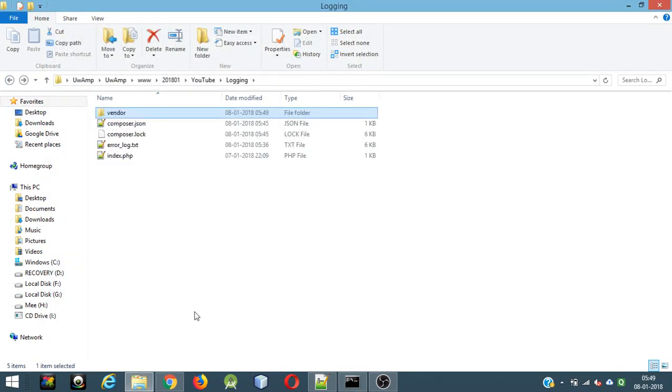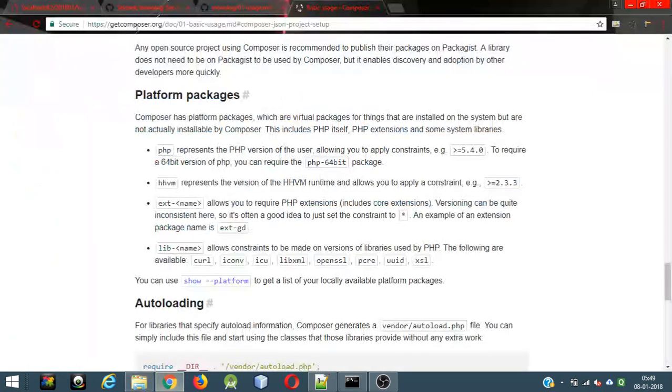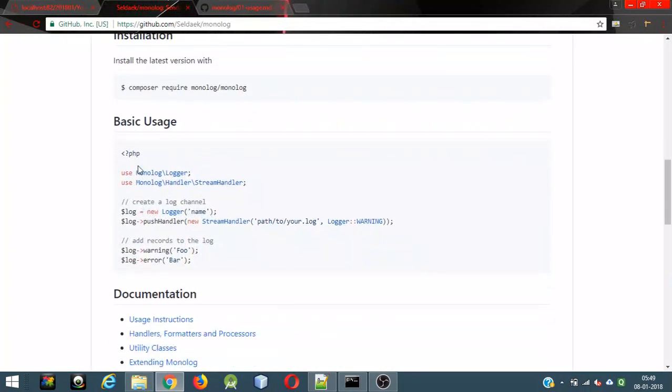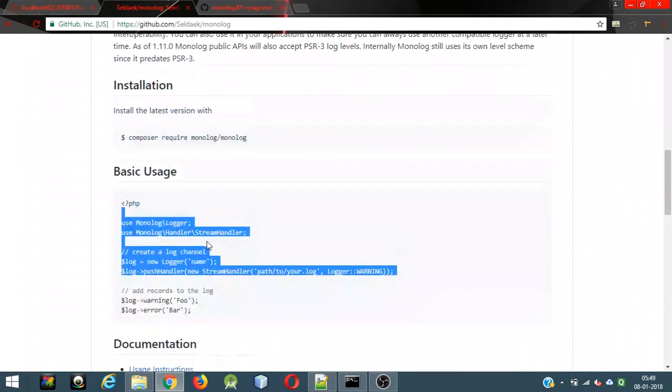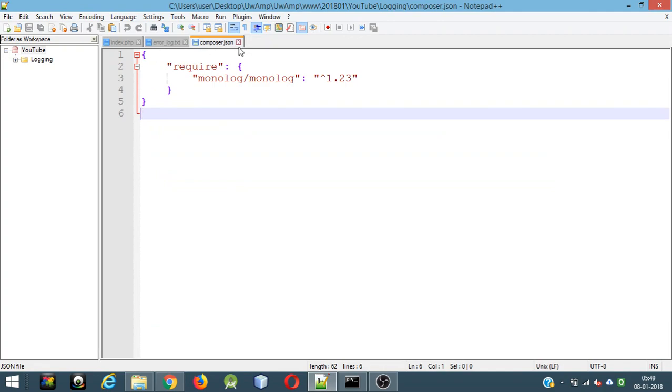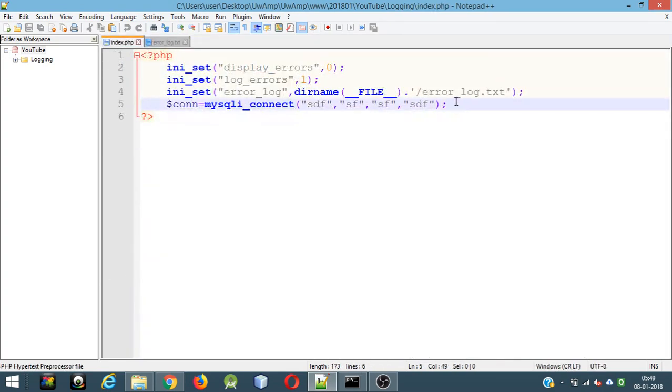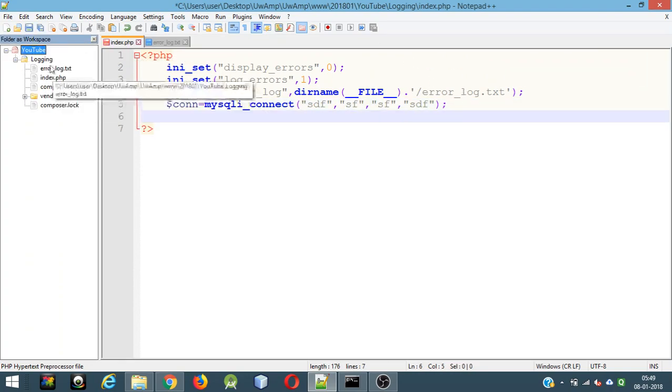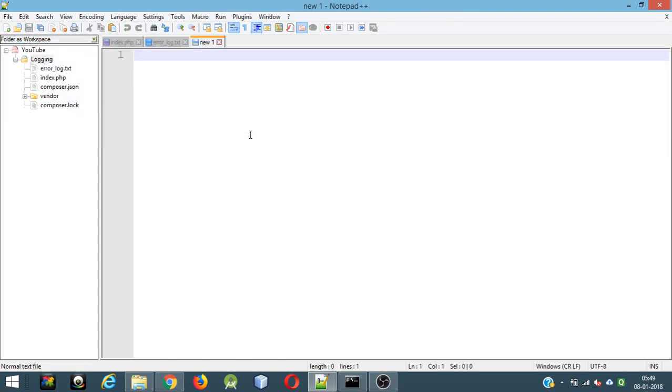Okay, so now let's get back. Let's go to the documentation of Monolog and see. The basic usage is PHP. We need to use this class, I think. Yeah, this is a class, and this is the object, new Logger name. One thing which they have not said here, I think they should have said, is that we have to first call autoload.php. But I think they think it is probably very trivial, so they did not say it maybe. So okay, first let's make the log file. So let's save it,